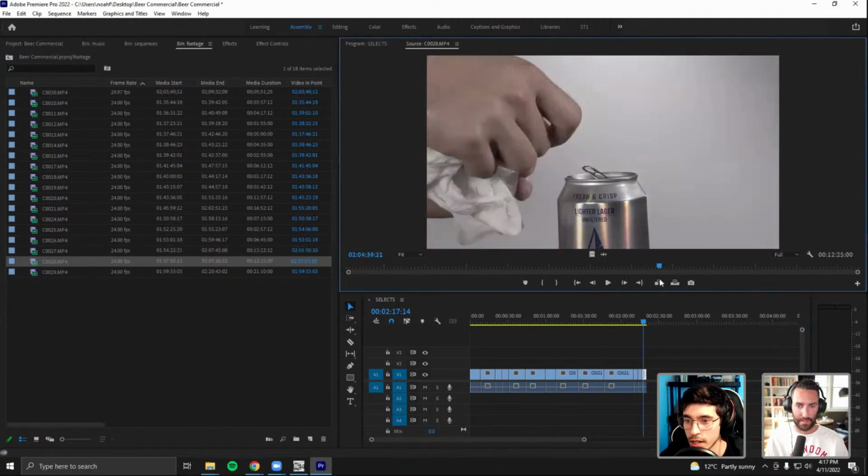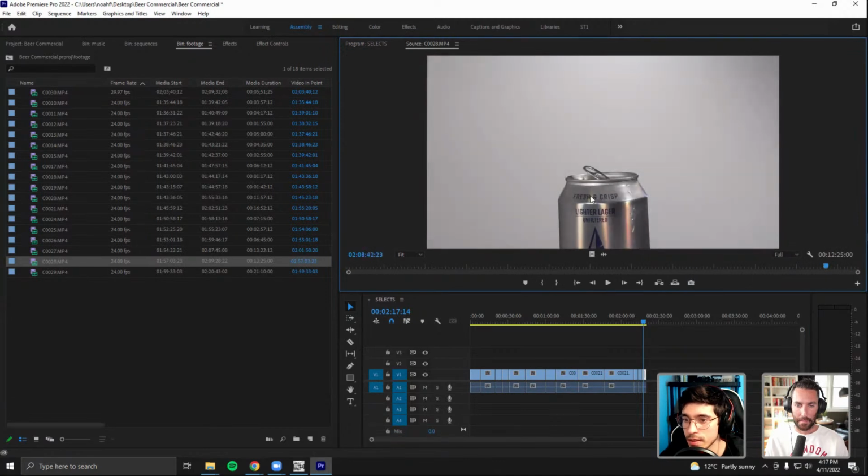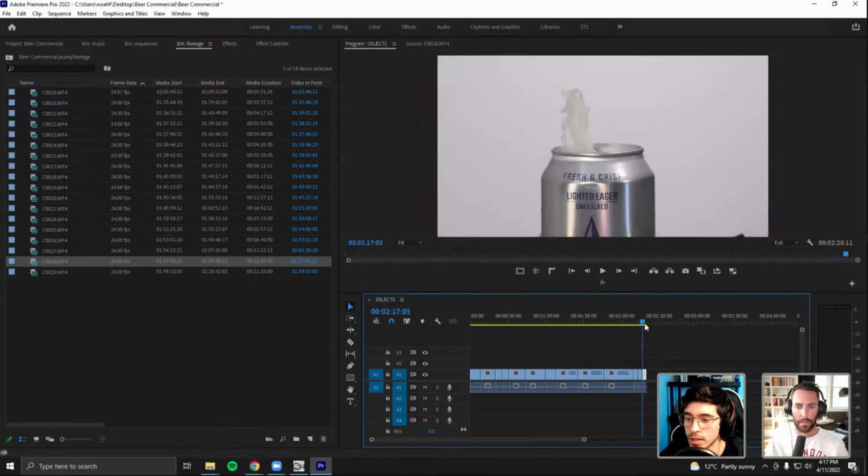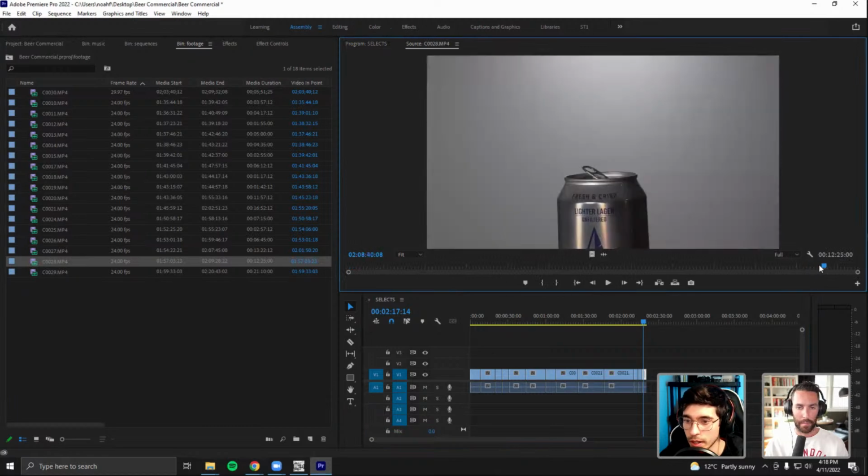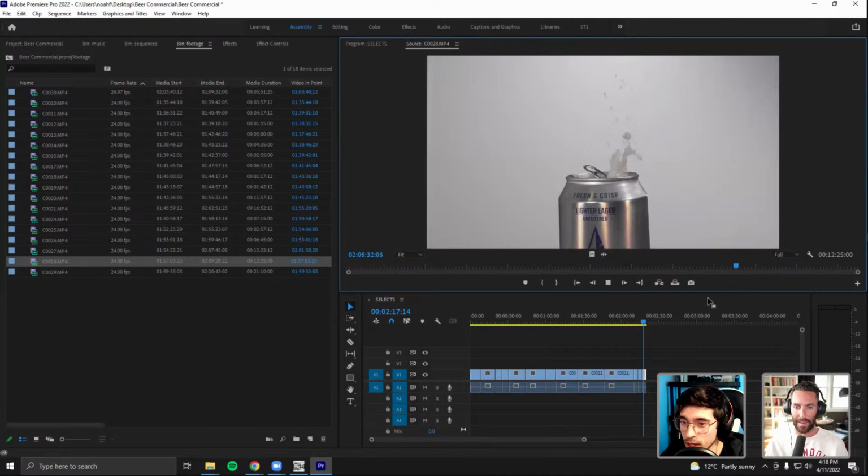And then I tried it again with the tab on the can. I wanted to get a shot with the tab. I had two options here because this one I didn't really like. It looked like there was a bit of a dent, which might have just happened by accident. So I rebuilt the whole thing, but I just wasn't happy with how it was turning out. I did this so many times. You have no idea how many times I did this and how big of a mess I made.